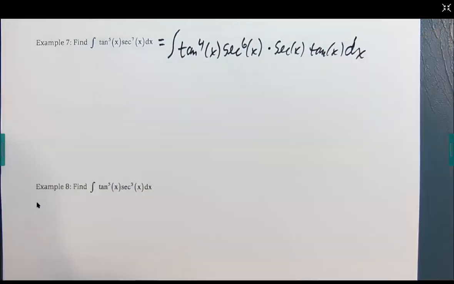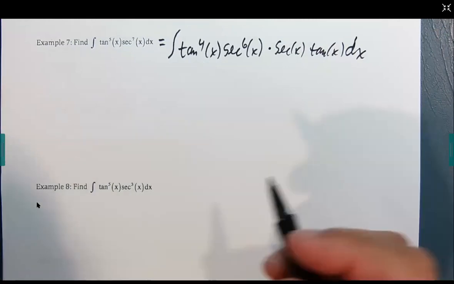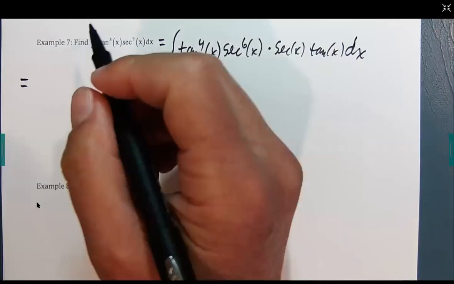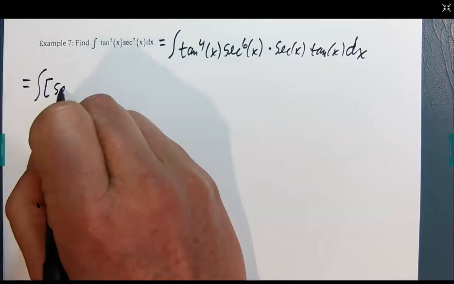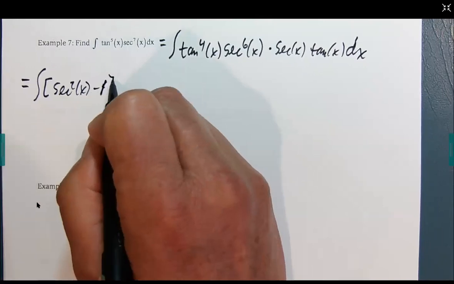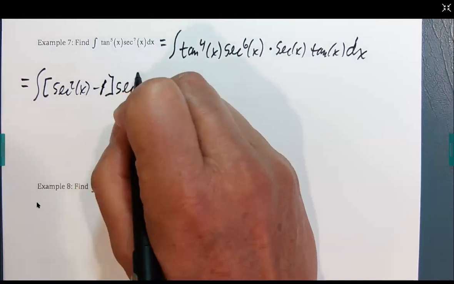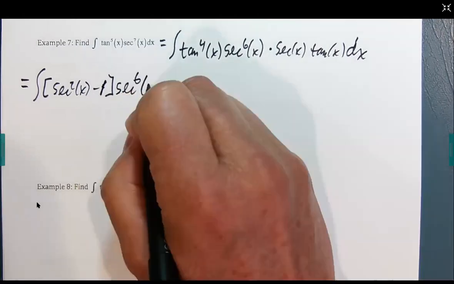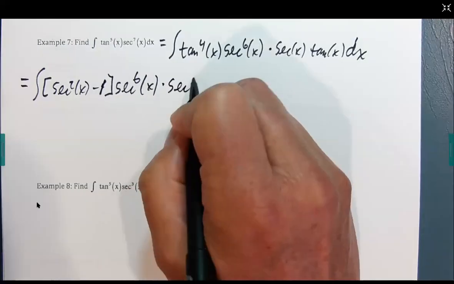So I want to turn everything in terms of secant. So I'm going to take that tangent to the 4th x, and I'm going to rewrite it using a trig manipulation as the integral of secant squared x minus 1. I mentioned that at the beginning, that we can manipulate that rule a little bit, times secant to the 6th x, then times our derivative, secant x tangent x